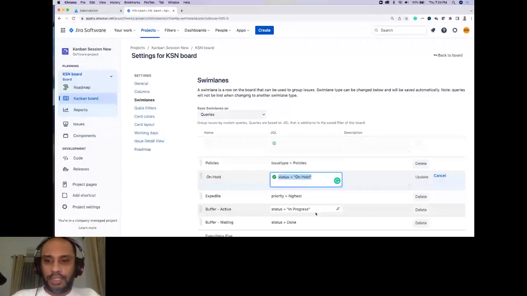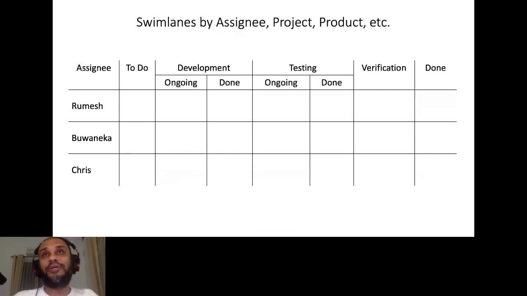Okay, so move forward. Visualization over here, right? We've seen a major part of Kanban is all about visualization.